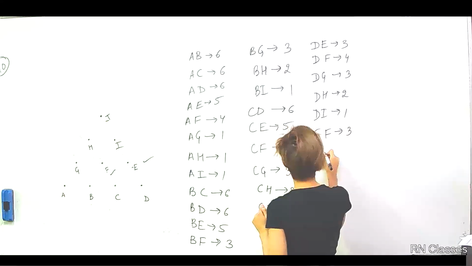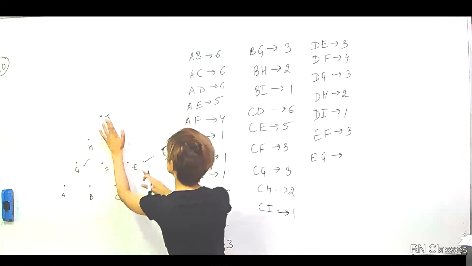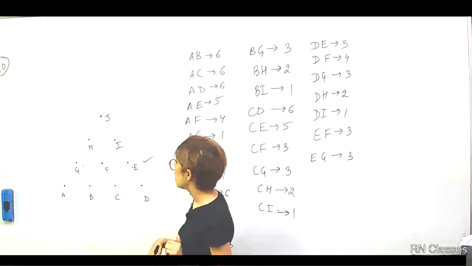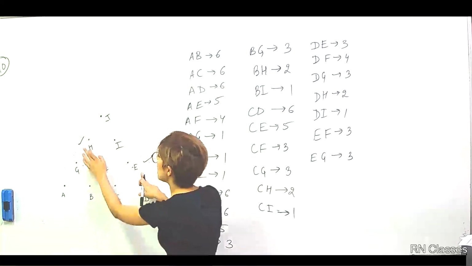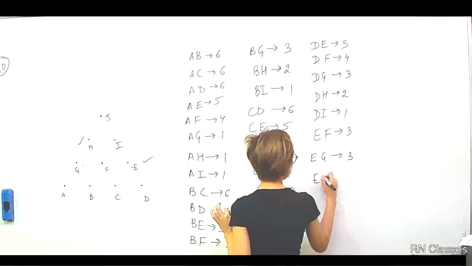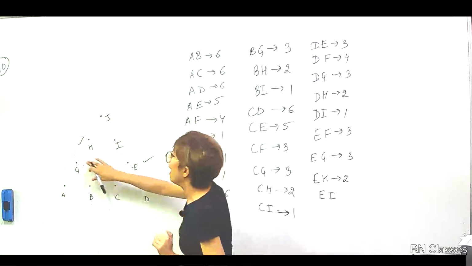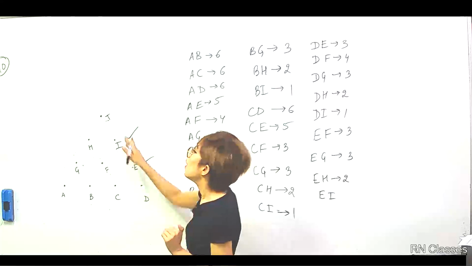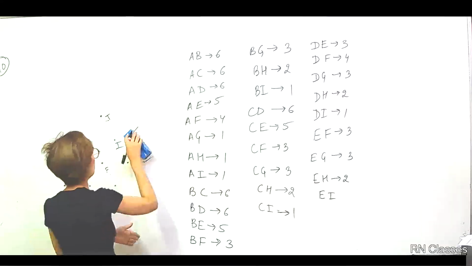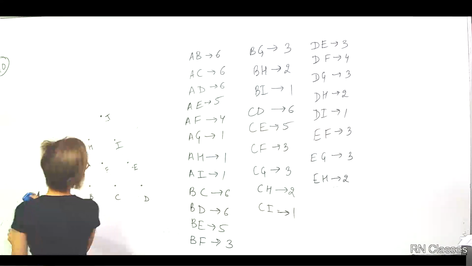Then EG, if I take, again, if I take EG, so this and this, I can take 1, 2, 3. So that is 3. Done? So let's take EH now. So if I take EH, I will have 2 options. So EH, that is 2. Then EI. EI, how many options? Come on, I can't take J, they are collinear. So EI will get none. 0. So I won't write it altogether. Right? So E1s are done.